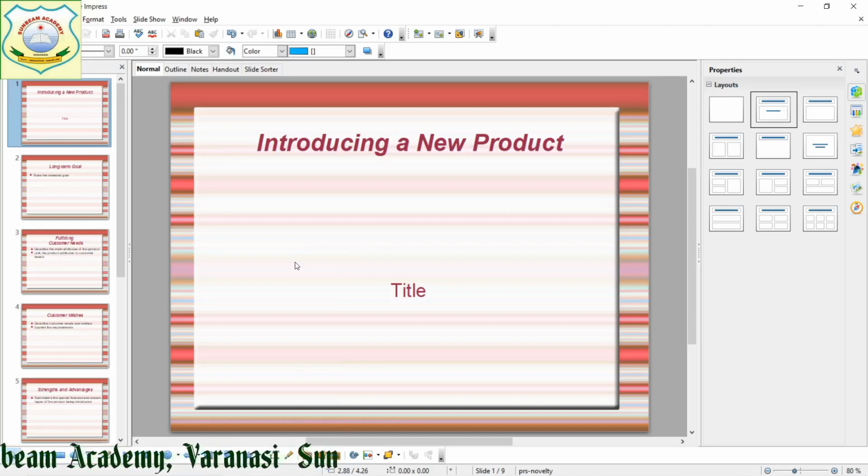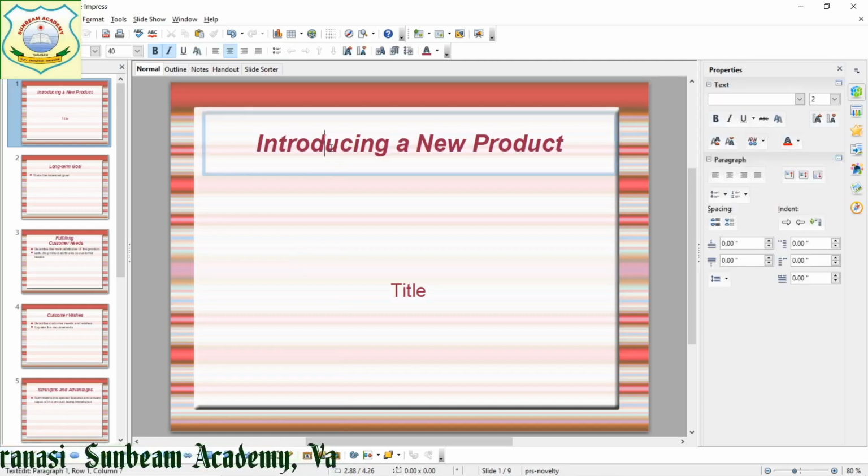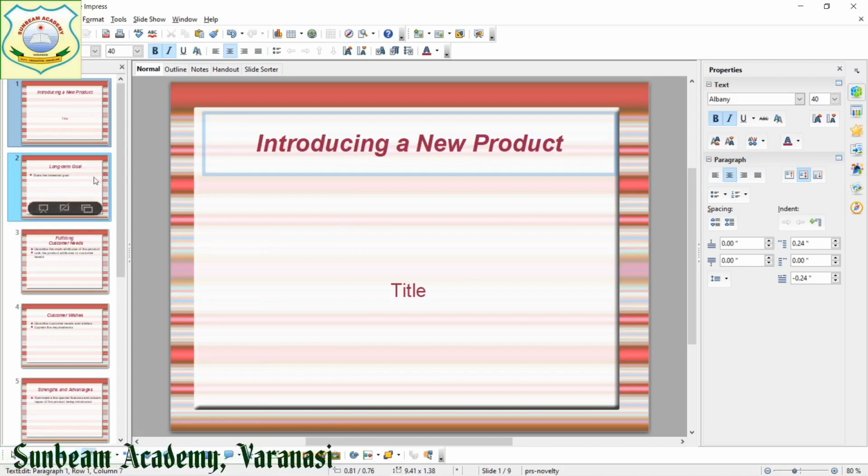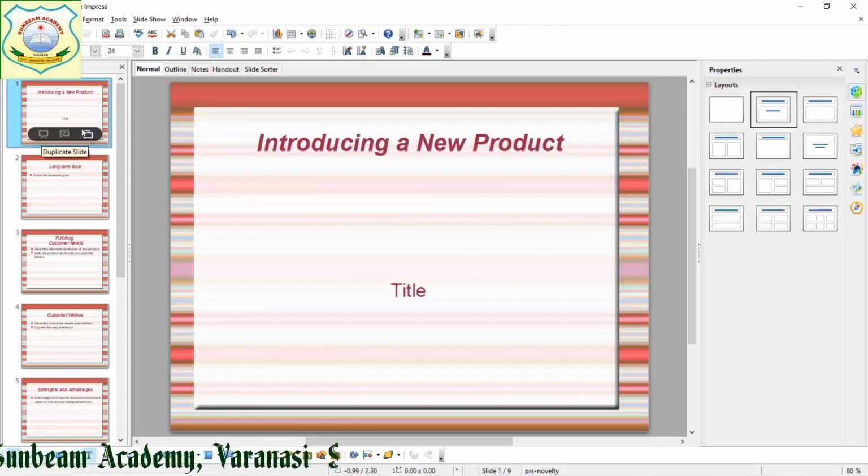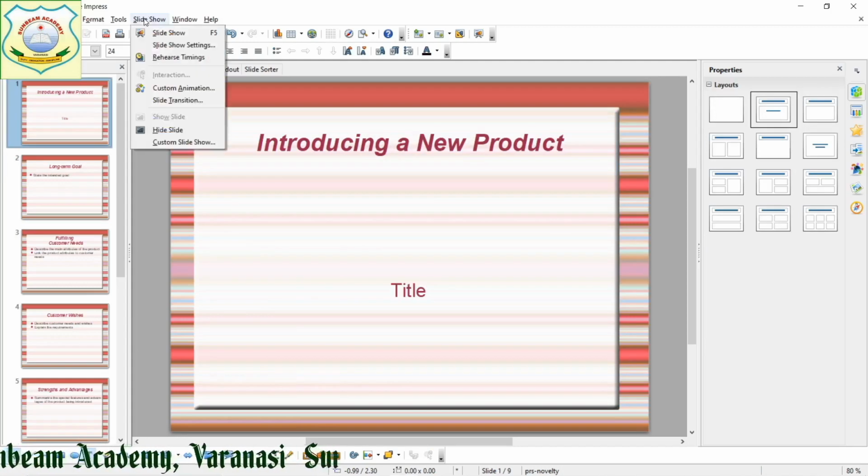Now to see slideshow, I told you animations and transitions are there. Animations are special visual effects or sound effects given to your slide, that we will see. Then music, sounds and videos, that also we will see. So suppose for this introduction I want to give an animation effect. To give it, first of all, since so many slides are there, we are going to see the transition effect. So we will move towards slideshow.